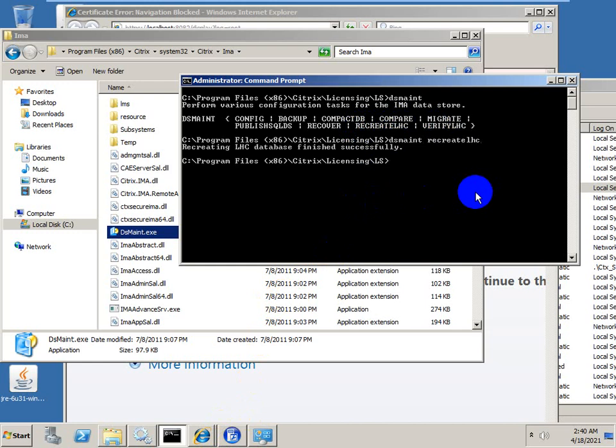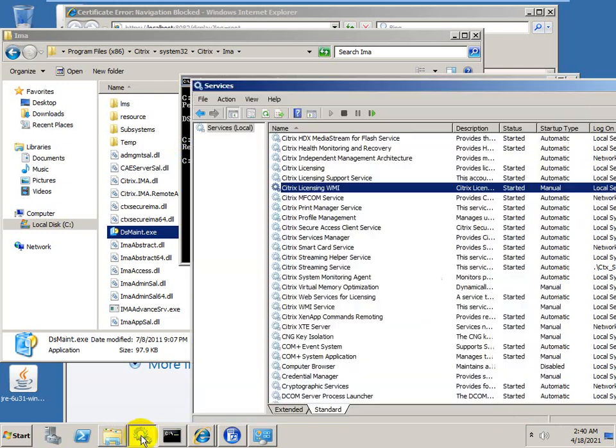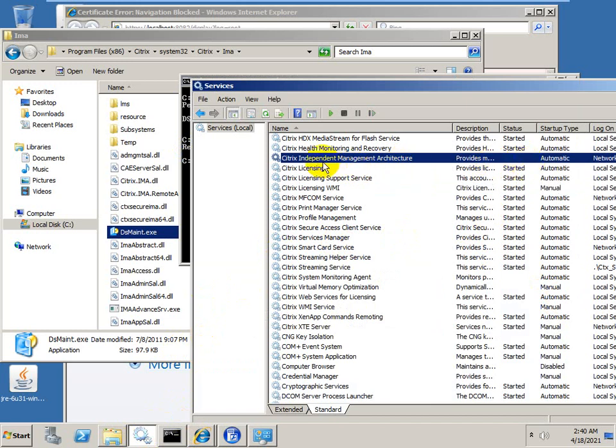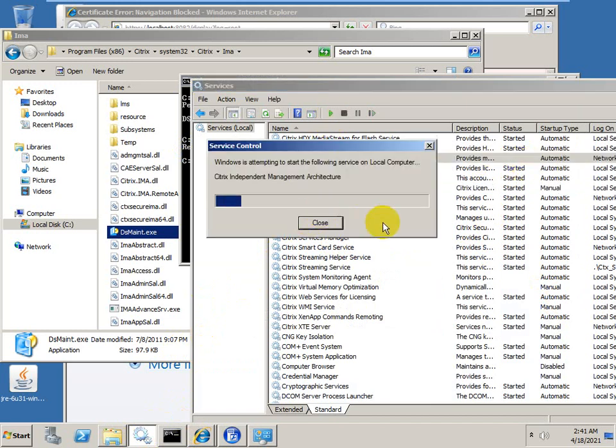Once you recreate the LHC, the database finished. It's finished because your IMA service is not running. If your IMA service is running, at that time you will not be able to recreate anything. To recreate anything, you need to stop the IMA service, and then you will be able to run this command.